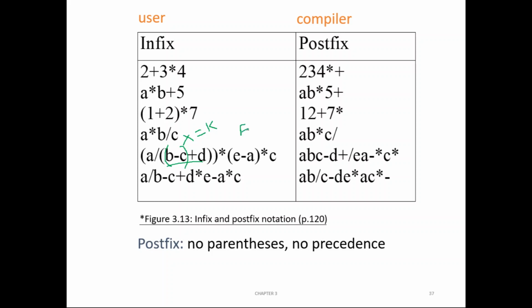Okay, and then C. So what you have to do is k star f into C. Okay, but again, in which order should you do it? First you should do k star f. Okay, and that should be multiplied with C. So first you should do k into f, and that should be multiplied with C.